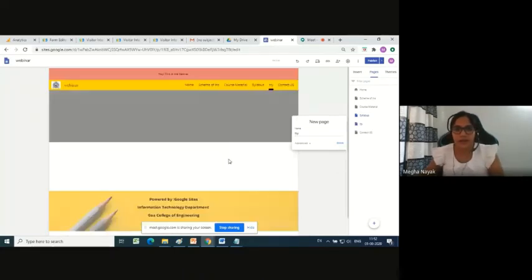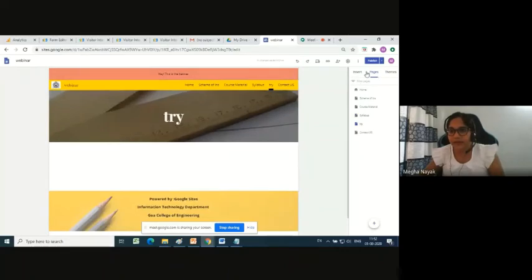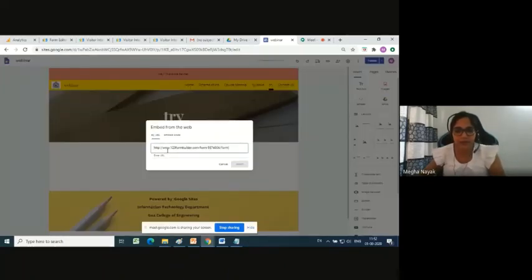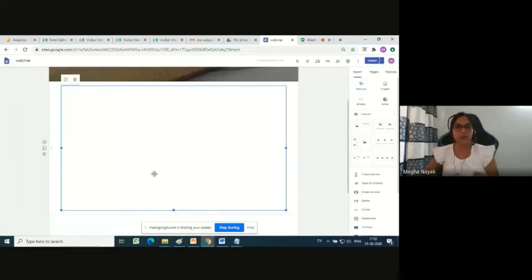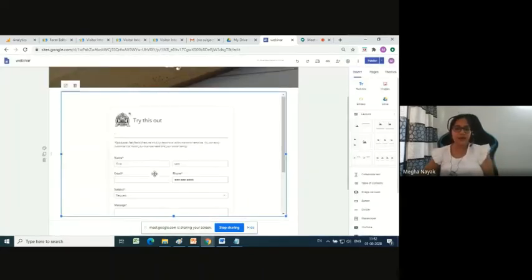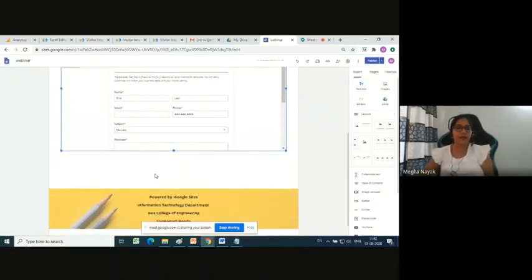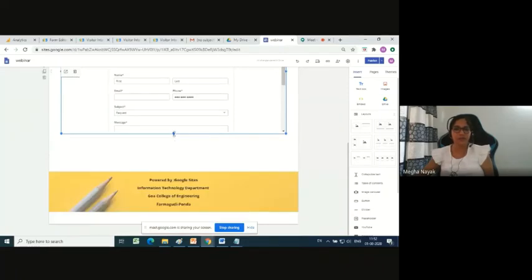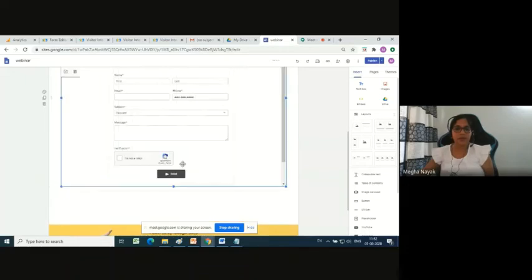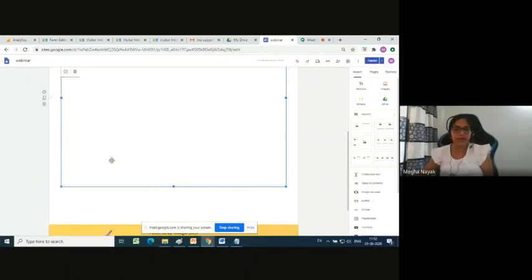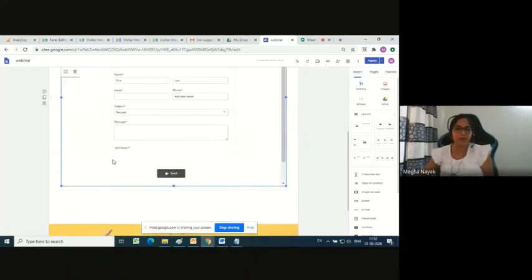And say done. And I go to this embed here and I paste this. So that form is going to get retrieved and I say whole page insert. So if you see, I have a ready-made form by 123 form builder which I have customized for my use by changing the headers and some fields, and I have got the form populated over here.